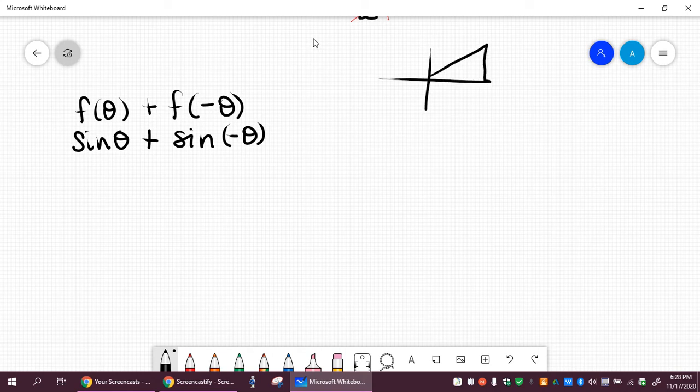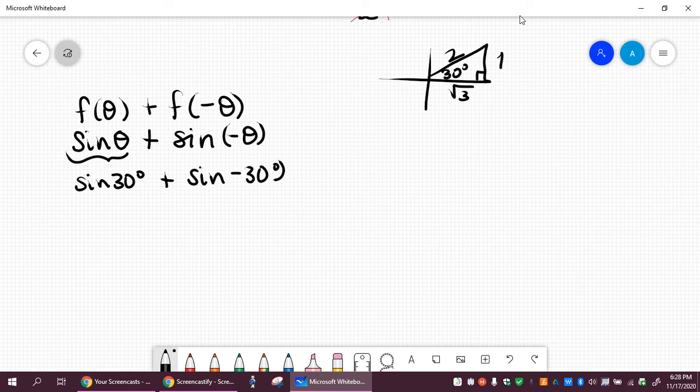Positive 30 is in quadrant 1. Here's my 30 degrees in quadrant 1. Okay, and I know across from it is a length of 1, adjacent is square root of 3, hypotenuse is 2. So the sine of theta, which is really the sine of 30 degrees, I keep forgetting to write this, and the sine of negative 30 degrees. Okay, so the ratio for sine of 30 is going to be opposite over hypotenuse, which is 1/2, plus